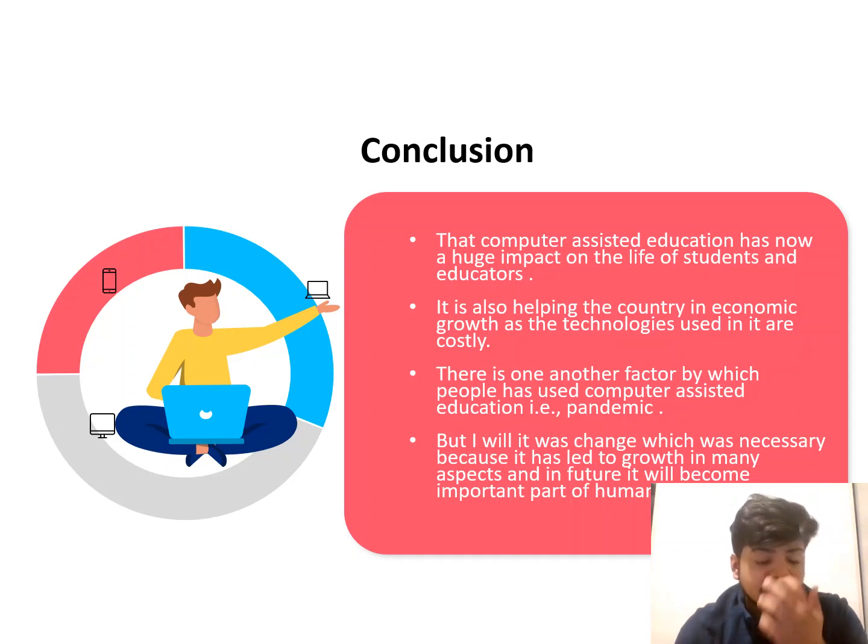As I say, if it has some positive effects, it also has some negative effects. So it has also created a scenario where students can do whatever they want. They are using this type of technology and this type of assisted education in a wrong way. Some children and students are doing cyber crimes. You can see there are many cyber crimes nowadays. People are not following their routines, they are not going outside, they are just sitting at home